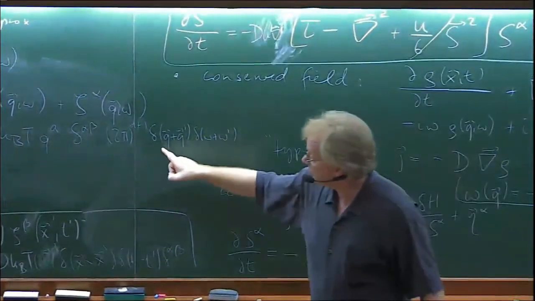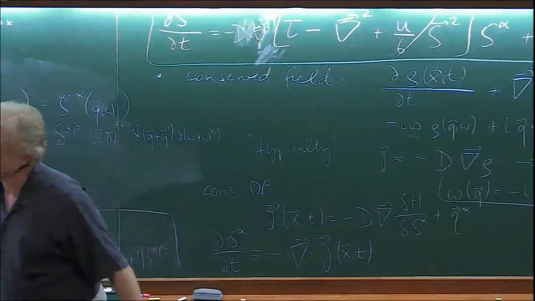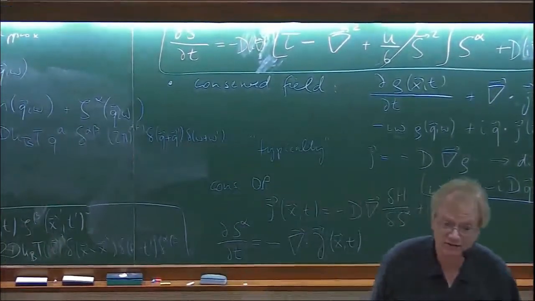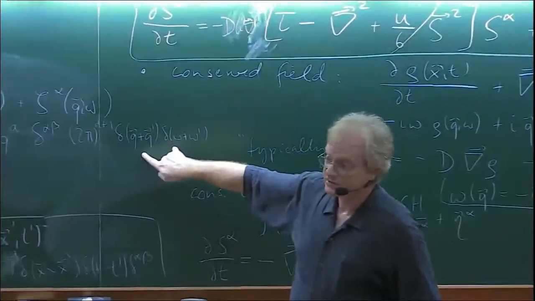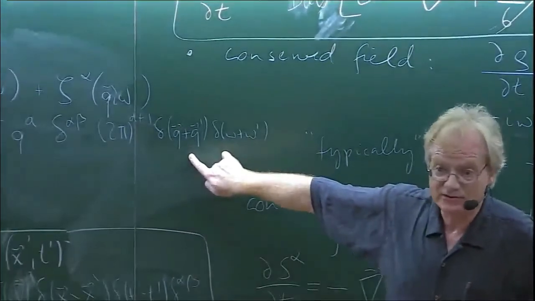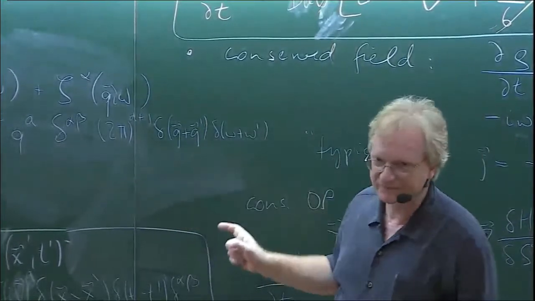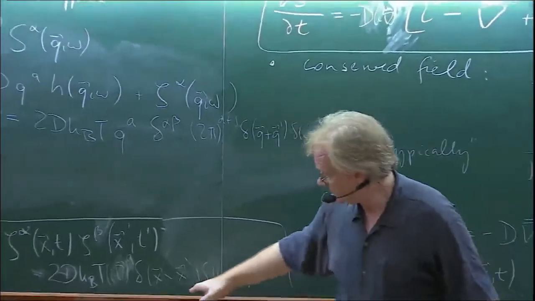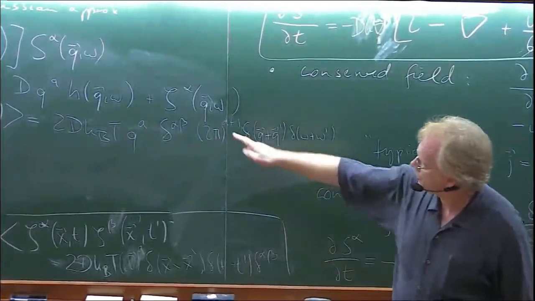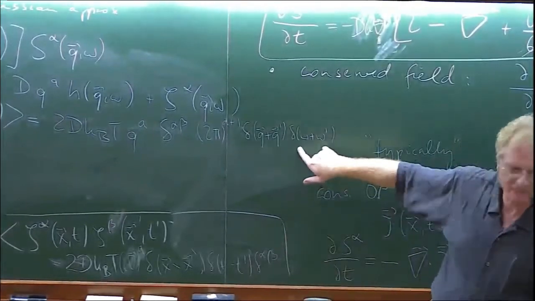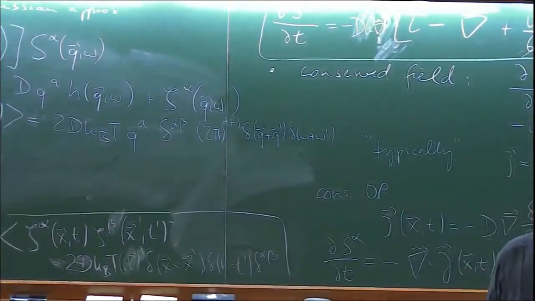So q needs to be equal to minus q prime, omega needs to be equal to minus omega prime for this to give me a finite answer. You can very easily check that, it's straightforward. Okay? But that, and likewise that, are just consequences of spatial and time translation invariance. So actually these functions are only functions of one frequency, one wave vector, as here they were only functions of the position difference and the time difference. Yeah, it's 2 pi to the d from that delta function and 2 pi from the frequency delta function. Not really important later, but that's what it is, okay?